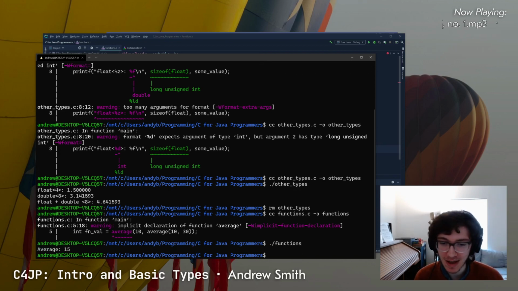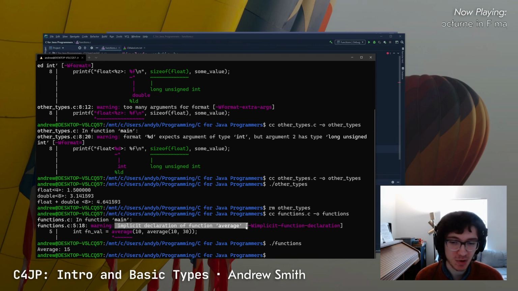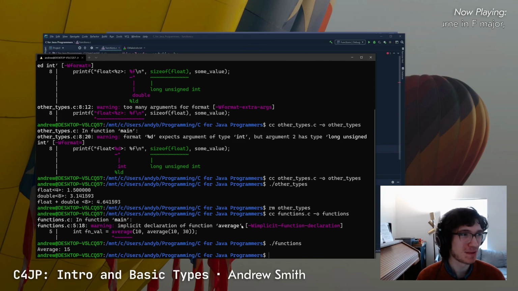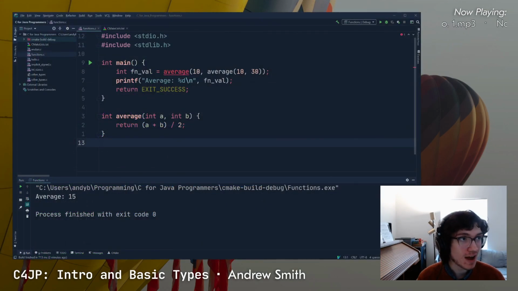And we get a value of 15, which is what we were expecting, which is somewhat interesting. But this warning can actually cause us lots of problems, and it can start to cause us more problems with more complicated programs. What this warning means, implicit declaration of function average, is that when your C compiler saw a call to that function, in other words, when it saw our call to average on line 5 of our program,